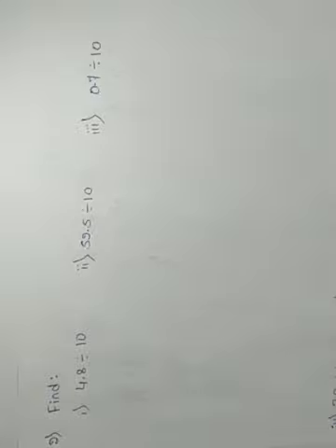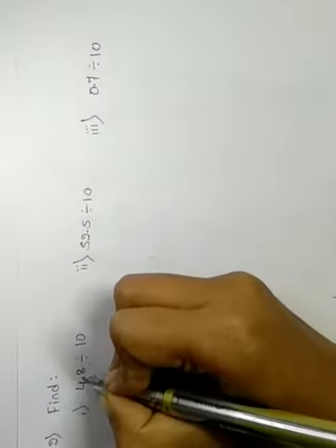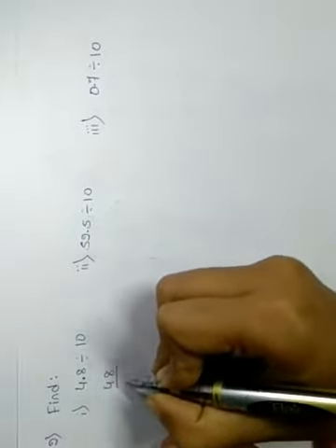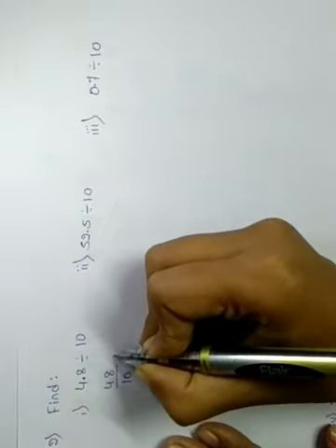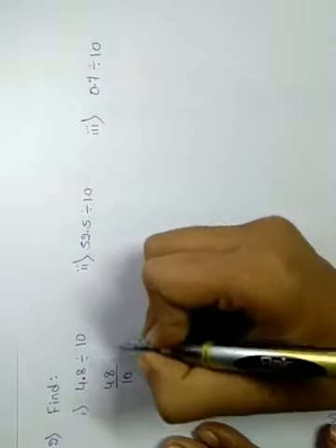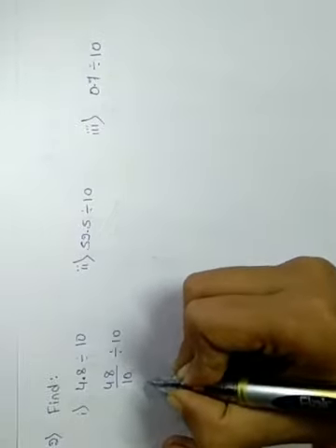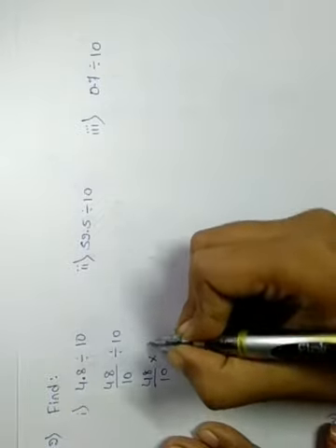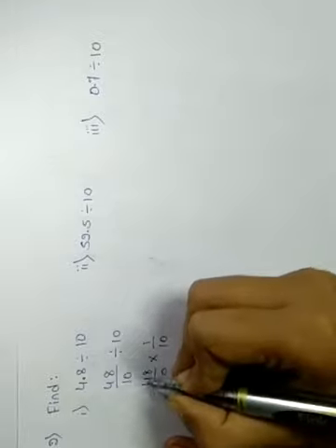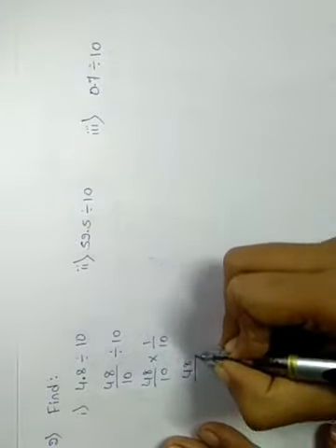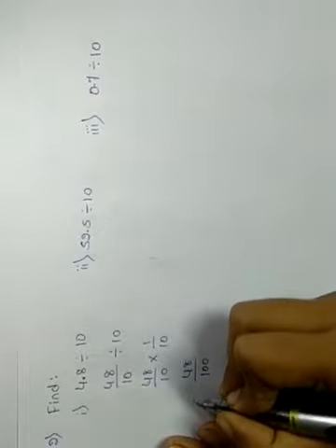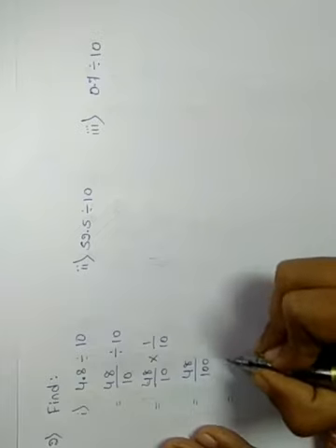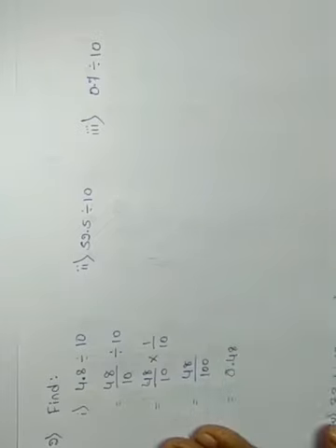Right. Second main, find. Here we have to divide 4.8 by 10. Ignoring the decimal point, then divide it by 10 because the decimal point is present after the single digit. Right? Divide it by 10 again. Then we have to change the division sign to the multiplication sign. Then we have to take the reciprocal, 1 by 10. 48 ones are 48, 10 tens are 100. Right? Now there are two zeros present, so we need to give the decimal point after 2 digits. This is the answer.